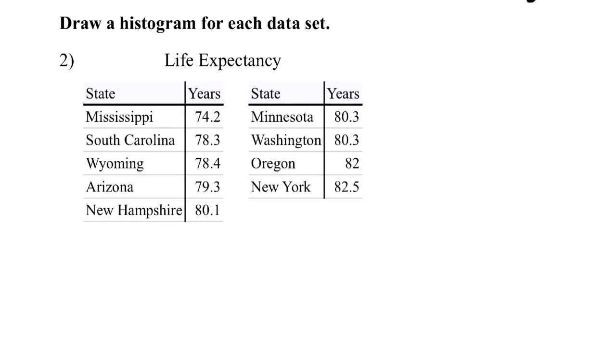Here we're supposed to draw a histogram. Now histograms are quite a bit like dot plots, but instead of having a dot, they have a box that we're filling in, so a bar, another way of saying that. So let's see. I see that our minimum value is 74.2 here. These are in order. That's nice. Our maximum value is 82.5. So I'm going to go by ones again on my